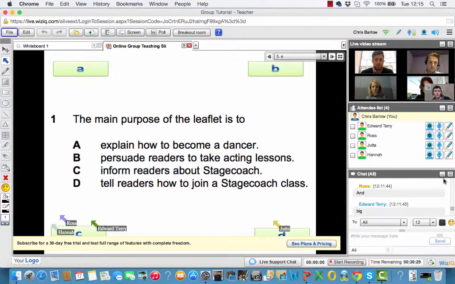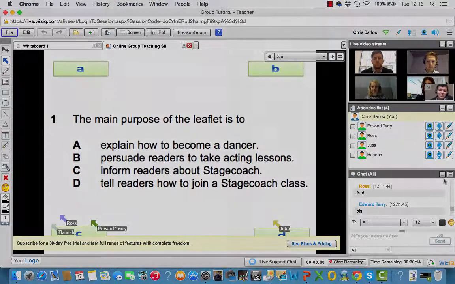Great. Okay, so we've got Ross, Hannah, and Ed all think the main purpose is to inform readers about Stagecoach. Jutta voting on your own there. That's great and very brave. Well done. Can you explain why you think it's D, Jutta? Yes, I thought that in the main paragraph they focused on how to join